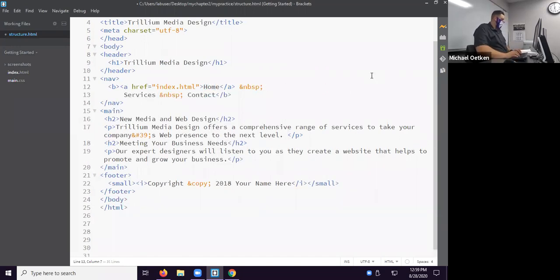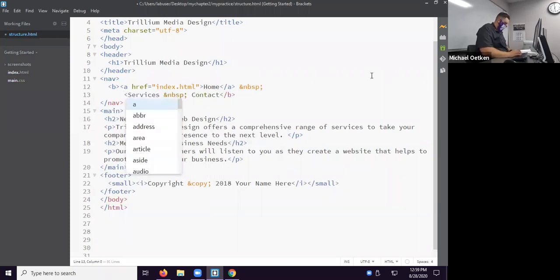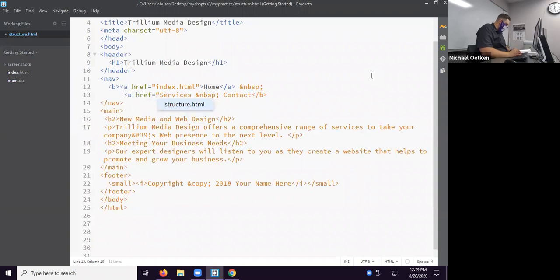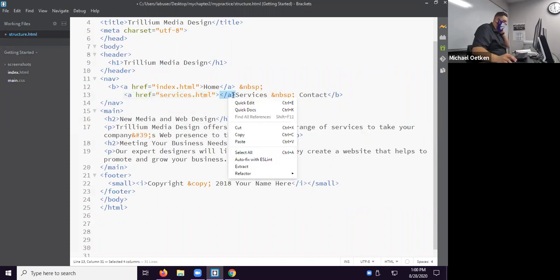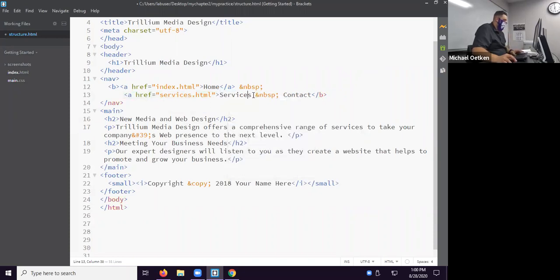I'm going to take this one to the next lines for services, and same thing, a space href equals services.html. Right, so same thing, we've got to move that closing tag right behind services,